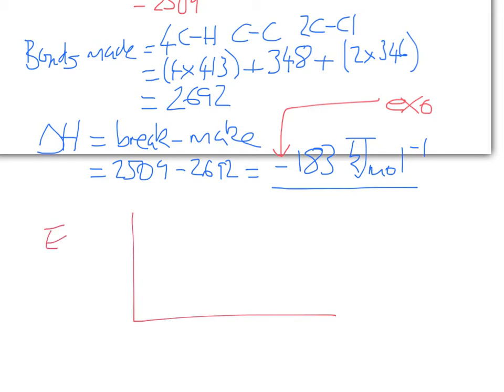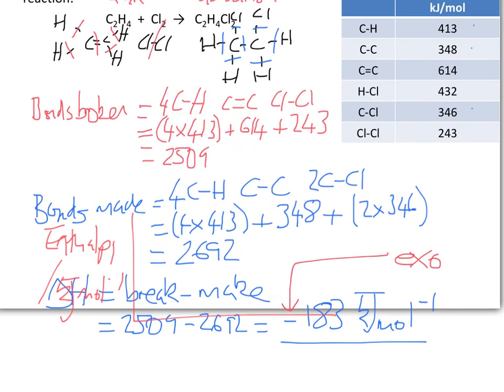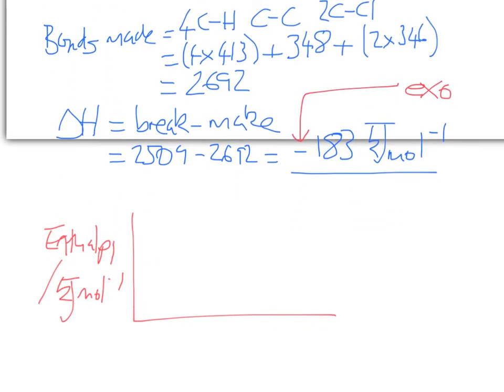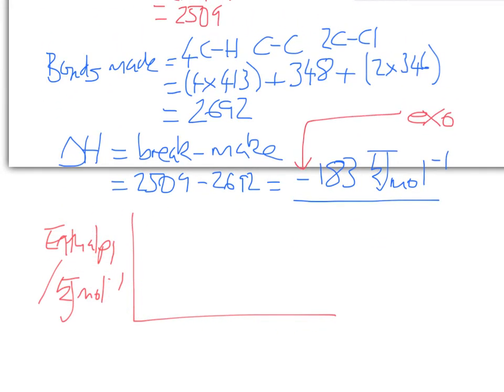We've got energy or enthalpy on this axis in kilojoules per mole. Our reactants were C2H4 and Cl2. And it was an exothermic reaction, so the energy there is below, except it wasn't C2H6, was it? It was